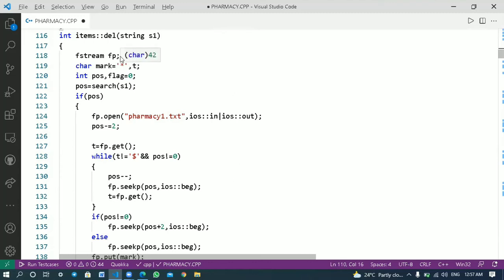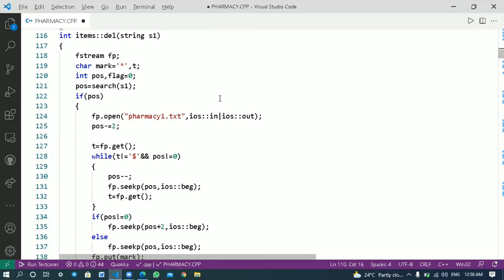We use the delete string of s1 and we initialize the file pointer fp in fstream. Then we declare mark equal to star and t in character data type. Also, the position and flag equal to 0 in integer data type.